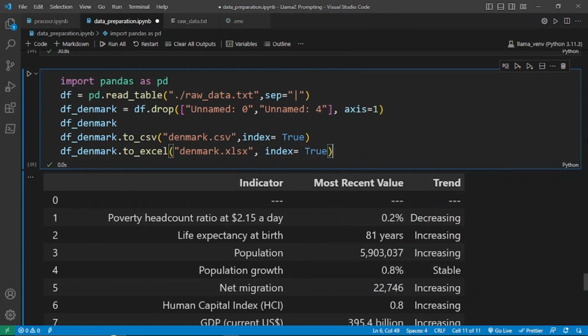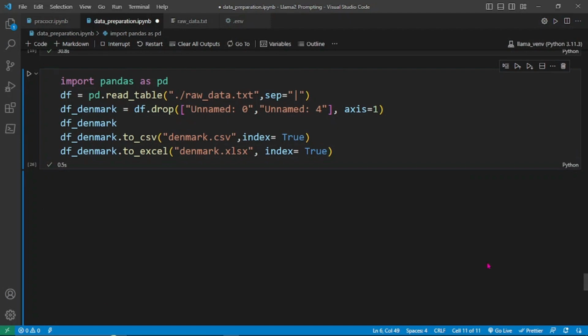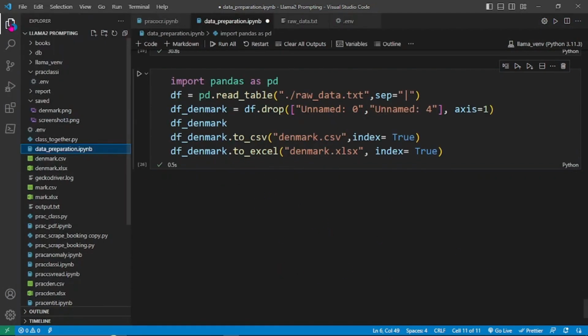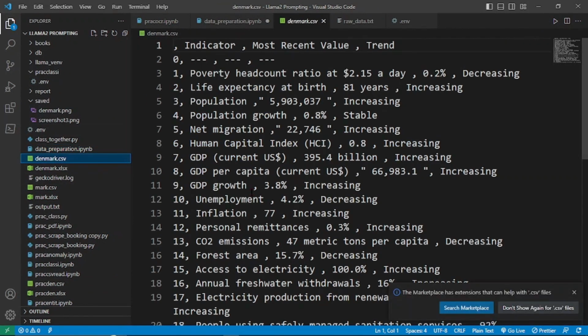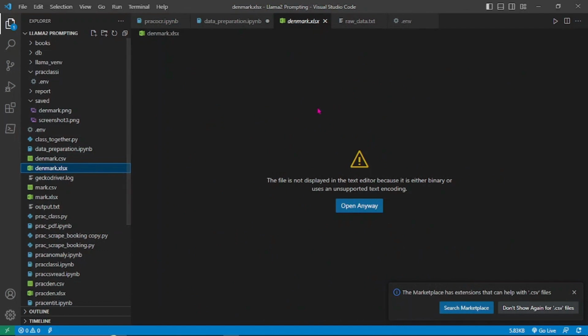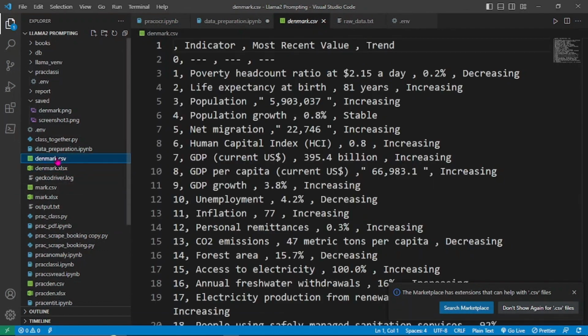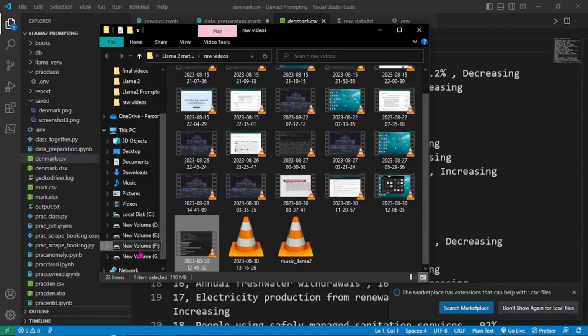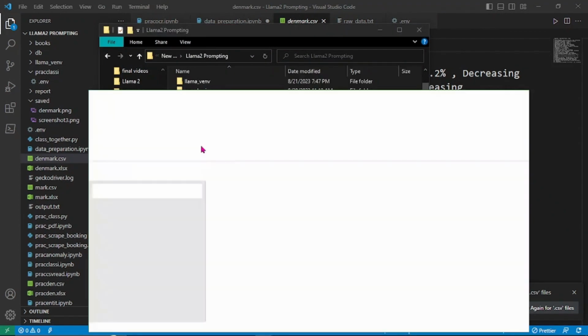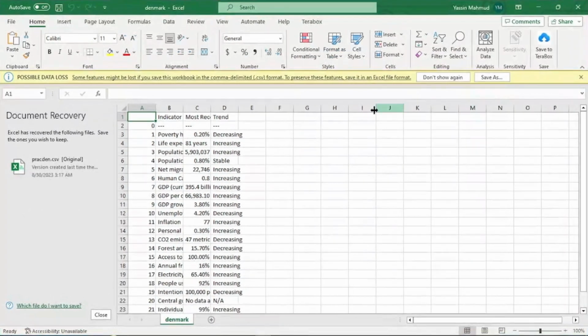So now I think we'll be able to see it in the CSV and Excel format. So here it is inside this CSV file. You can see it is ready, and the Excel file, this is also ready. But we cannot see it from here, so better we can go to our directory to check. So if I open this thing, you can see this is nice. So I can increase this,